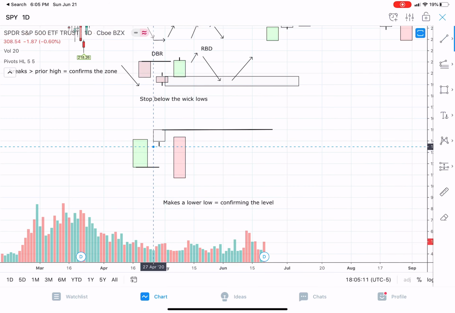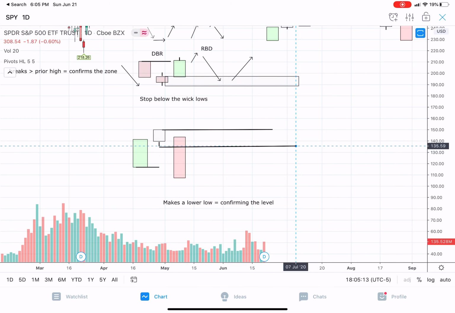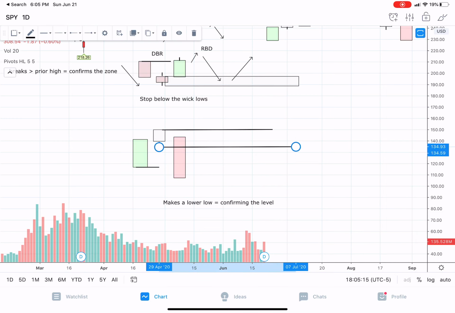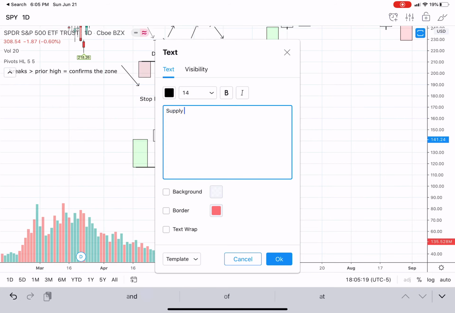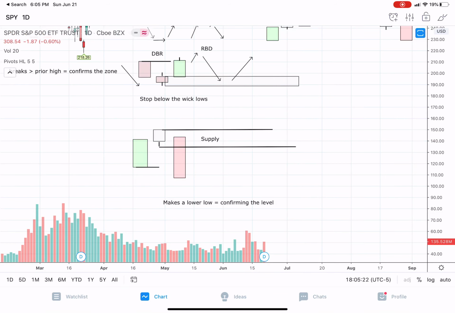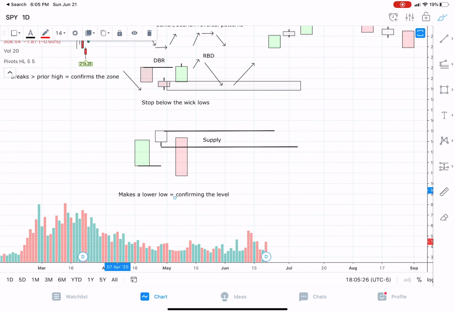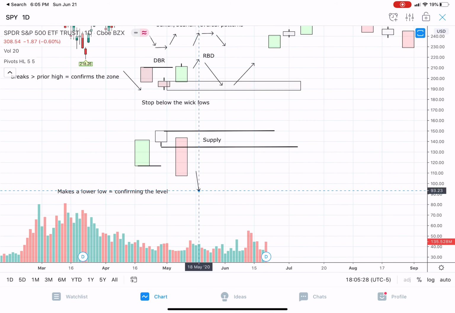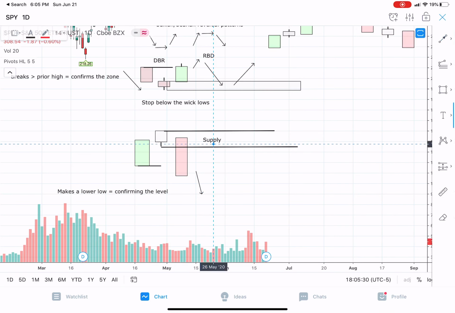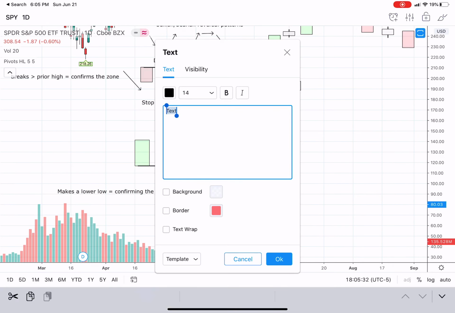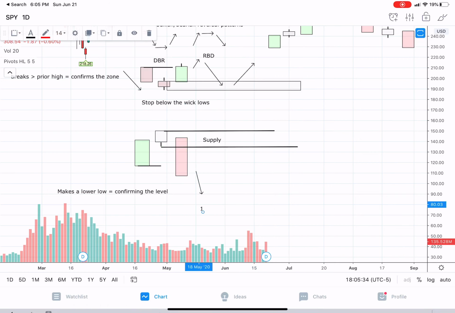And then you get your zone formed here, right? Let's call this supply. We get the confirmation of the lower low right here, right? So price is continuing to sell off, and the idea is that this is going to be the start of an impulsive move, which could be your wave one,